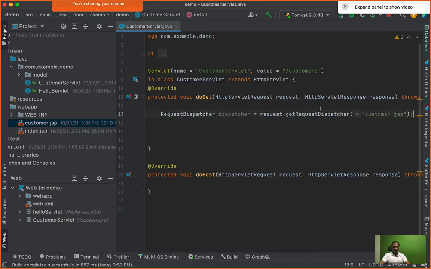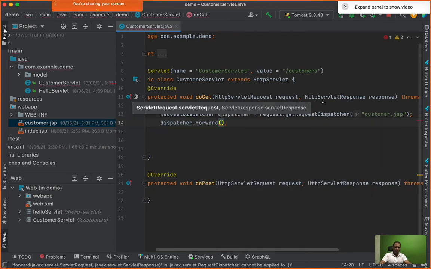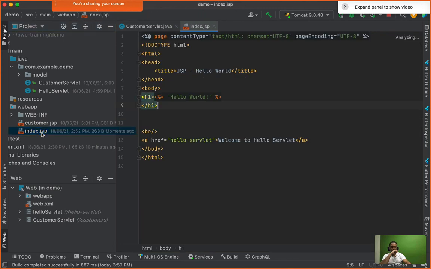Once I've got a dispatcher, simple enough. I'll say dispatcher.forward the same request and response. So it lands on the servlet, but it forwards the request to the JSP, so the JSP is rendered. Correct. So I'll say request comma response. That's it. Now what I'm going to do is I'm going to go back to my index.jsp,